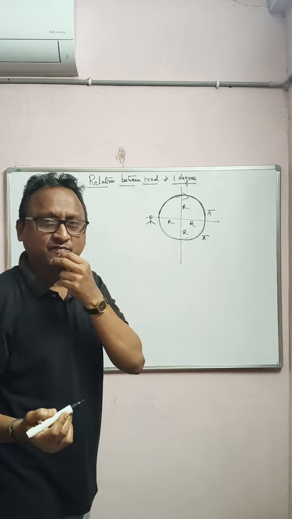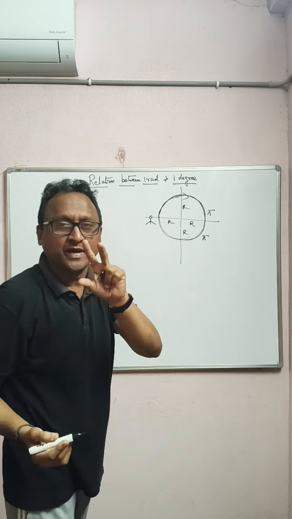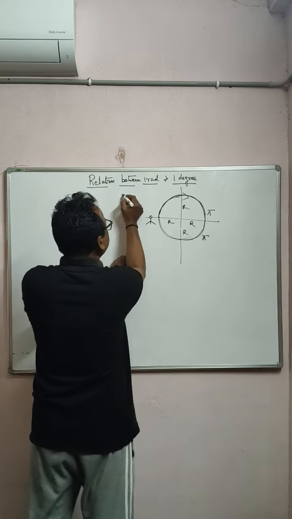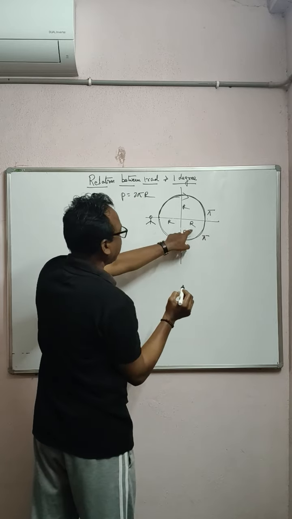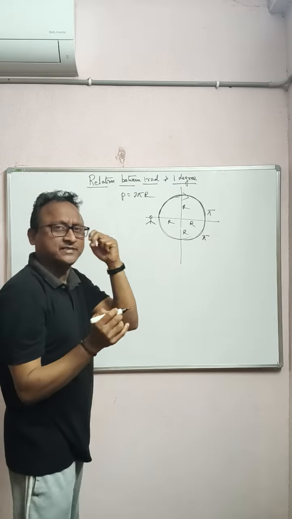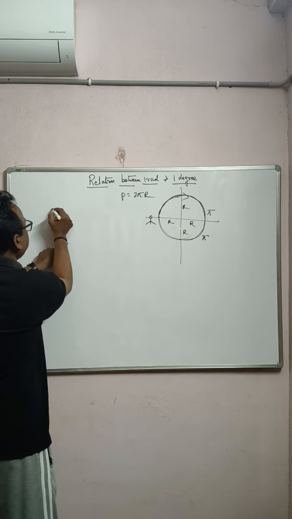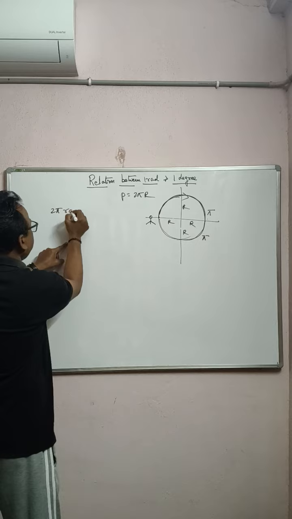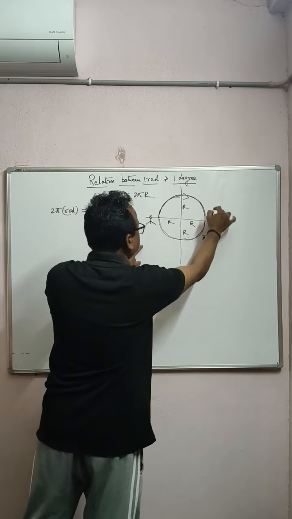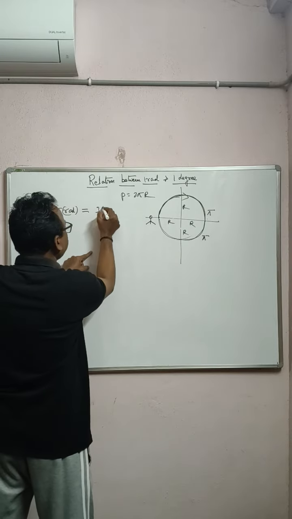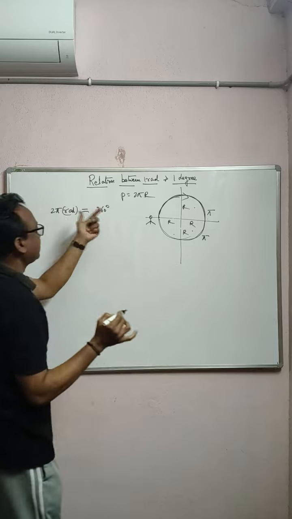That means in terms of pi radians, we already know what is the perimeter of a circle, 2 pi r, where r is the radius. Perimeter ante manaku telusu kada, 2 pi r. R is the radius, 2 pi is the radians. That is circumference. Aithe this is pi plus pi. Ante enta ayindi manaki 2 pi radians is equal to any degrees of one complete circle ki 360 degrees. See, 90, 90, 90, 90, 360 degrees.